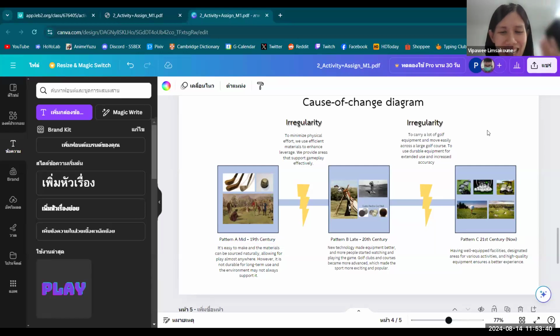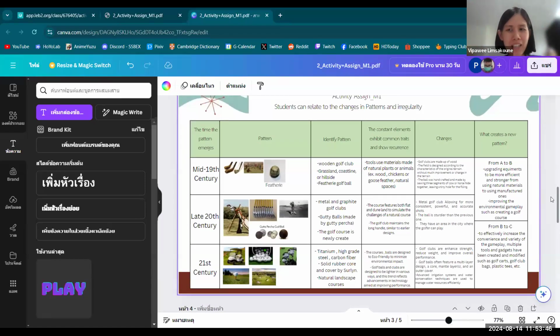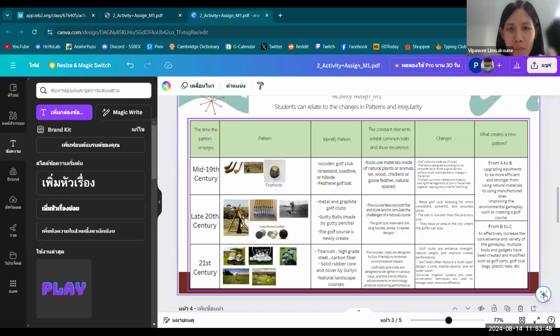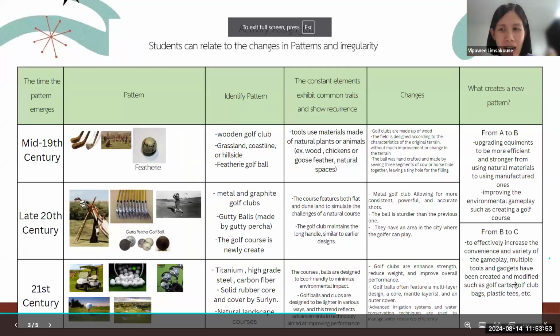Pilovich, I think that's fine. Could you please go back to the first? Yes, that one. Could you please make it bigger a little bit? Maybe close the tools on the. Yes, very good. Thank you.